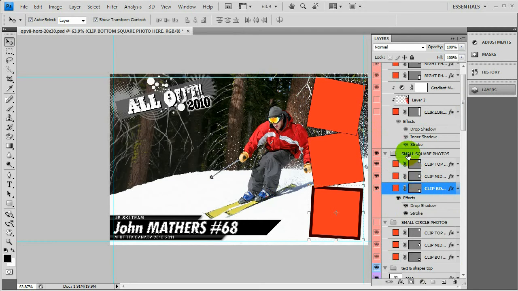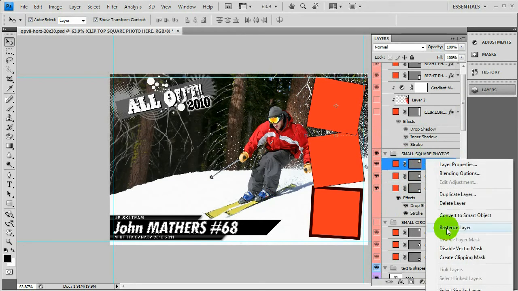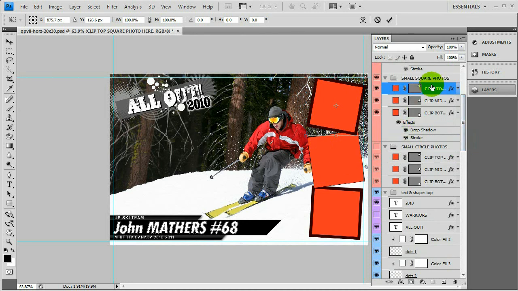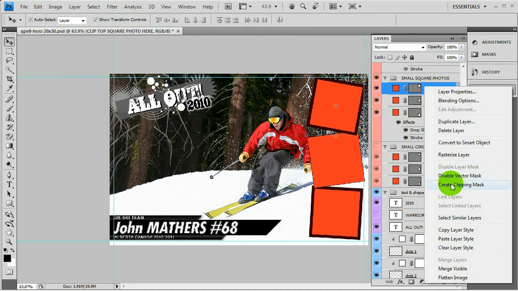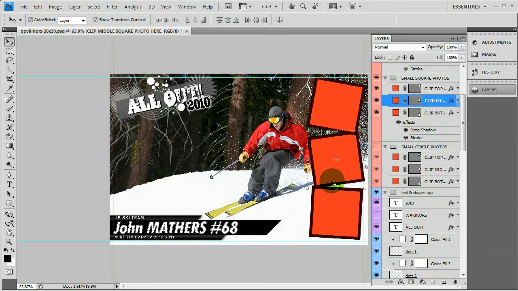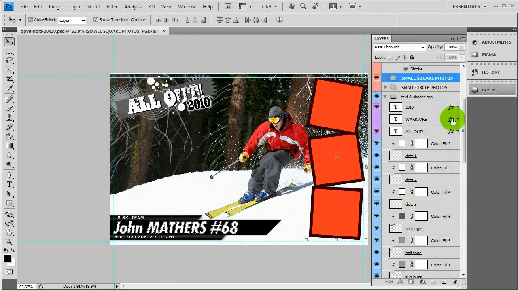layer style, paste layer style. You can't see this because it's off the screen. If I scoot this down, maybe you can see it. Press enter. Copy layer style, paste layer style, and then you have them all the same. So you can just have a lot of fun with it and change it in all different ways